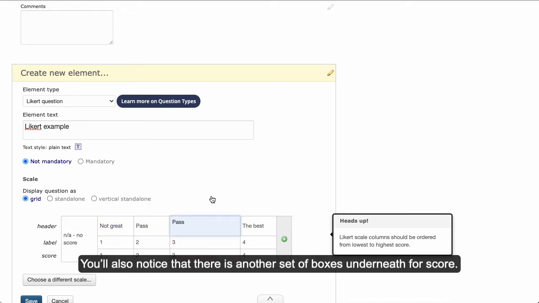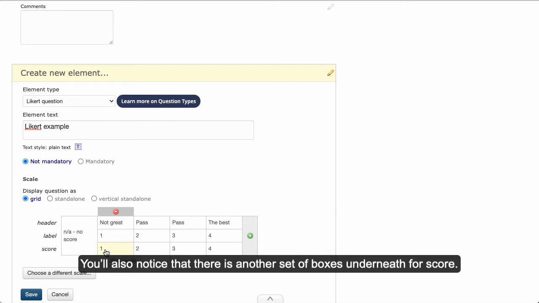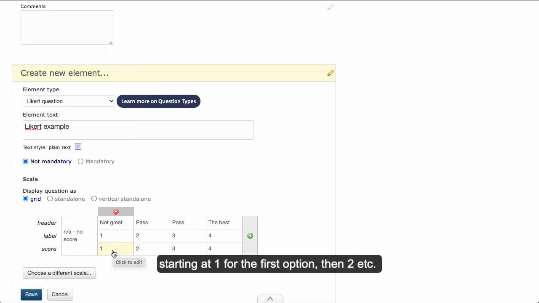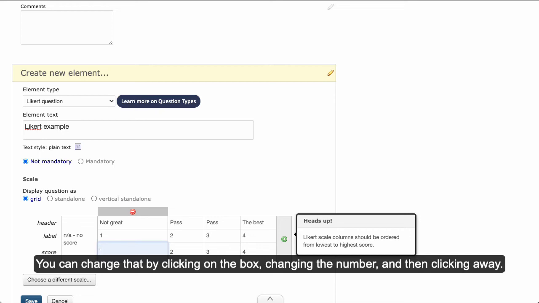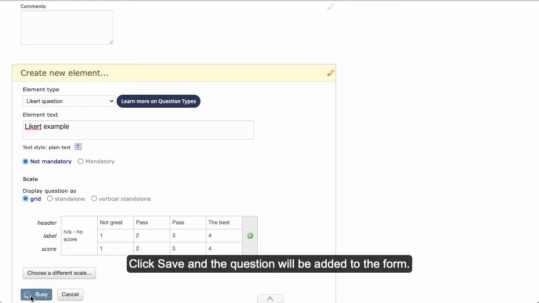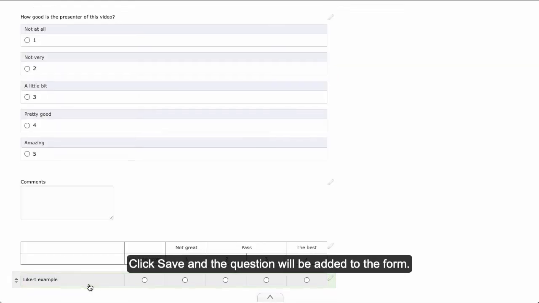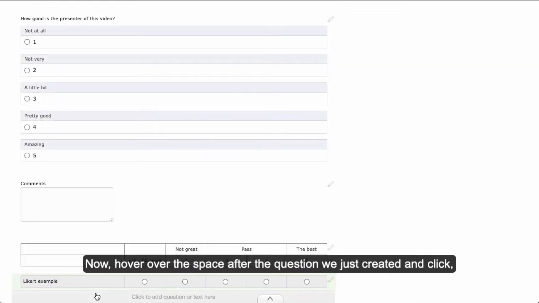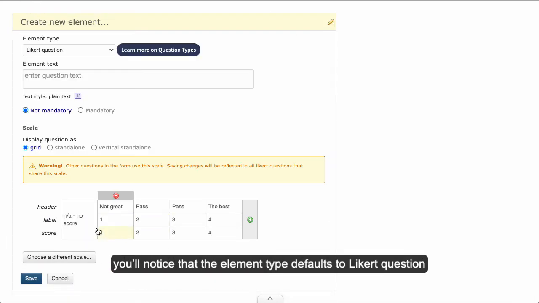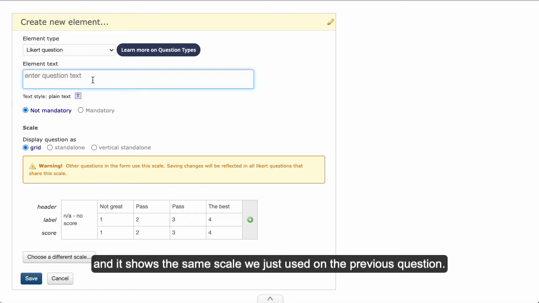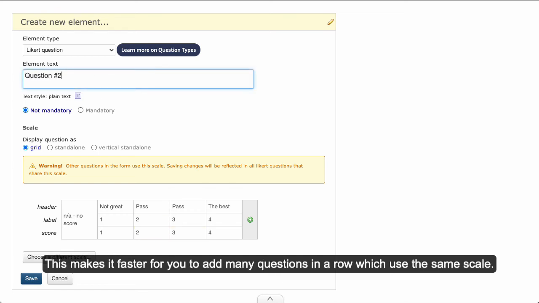You'll also notice that there's another set of boxes underneath for score. As you can see, it automatically attributes scores to each option, starting at 1 for the first option, then 2, etc. You can change that by clicking on the box, changing the number, and then clicking away. Click Save and the question will be added to the form. Now hover over the space after the question we just created and click. You'll notice that the element type defaults to Likert question and it shows the same scale we just used on the previous question. This makes it faster for you to add many questions in a row which use the same